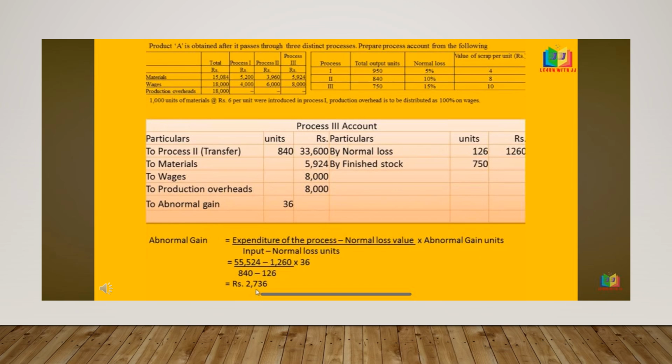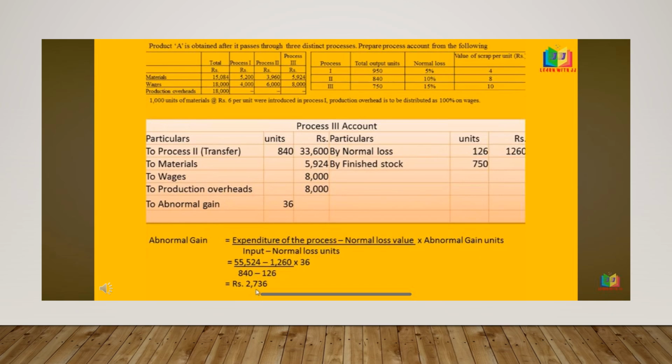So for the amount of the abnormal gain, we use the following formula. Abnormal gain is equal to expenditure of the process minus normal loss value, the whole divided by input minus normal loss units, the whole multiplied by abnormal gain units, which is equal to